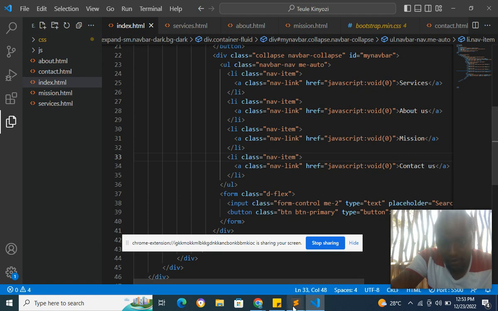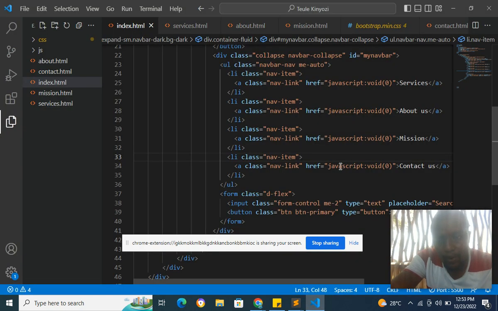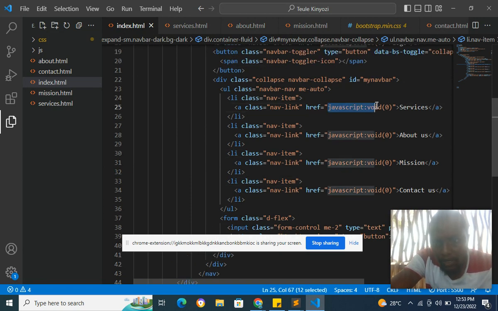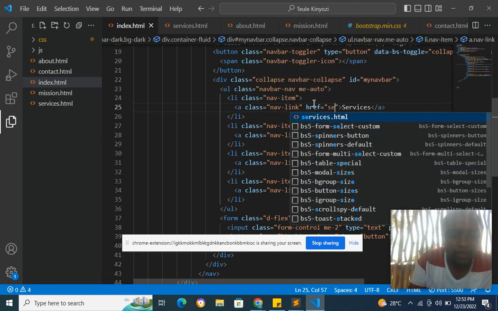Yeah, something like that. So when you check what you've done so far, of course you should be able to get this. But remember, we haven't done the linking exactly, so we need to remove this link to JavaScript void 0 and now type the right link. When people click services, where will they be taken? They'll be taken to